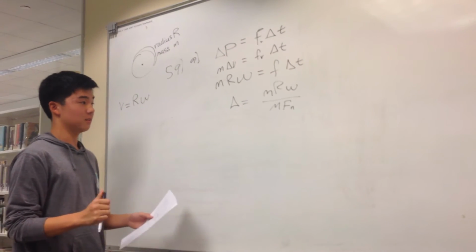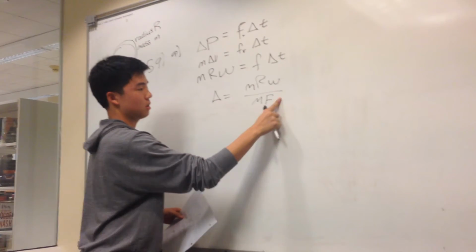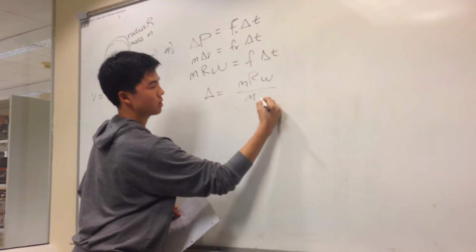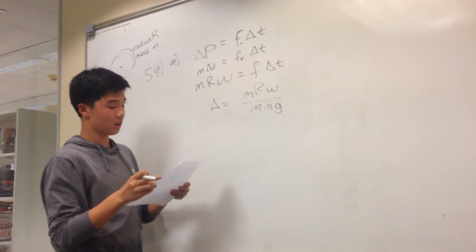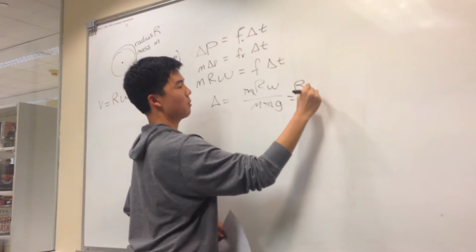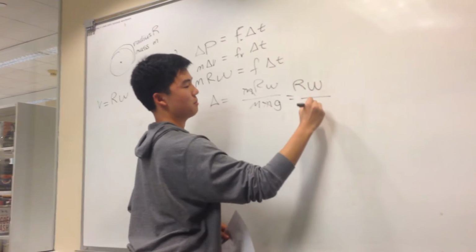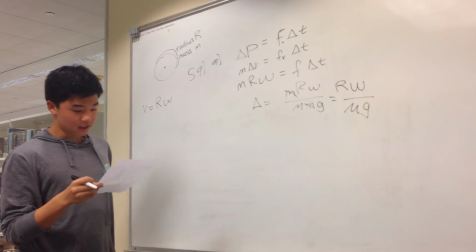The normal force is equal to mg, so I'll change the normal force to mg. Then our m's cancel out, so we get r omega over mu g,